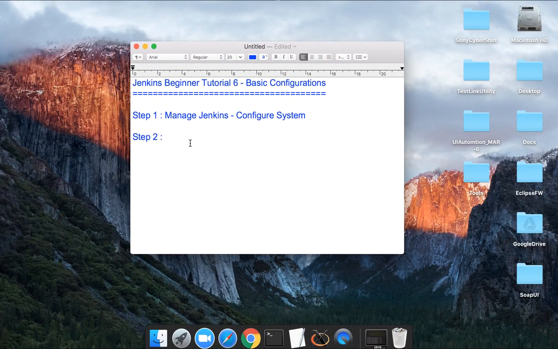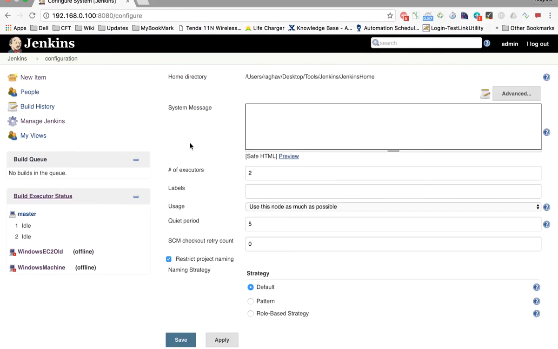Okay, so step 2 is get an understanding of common and some basic configuration. So this is what we'll do today. So let us begin, and inside the Manage Jenkins and configure section, the very first thing that you see is